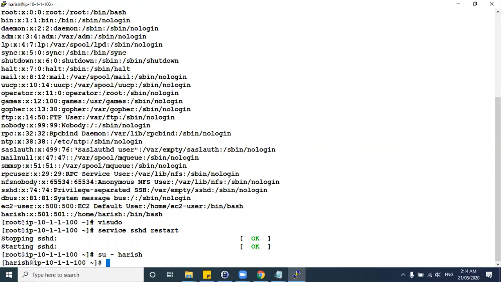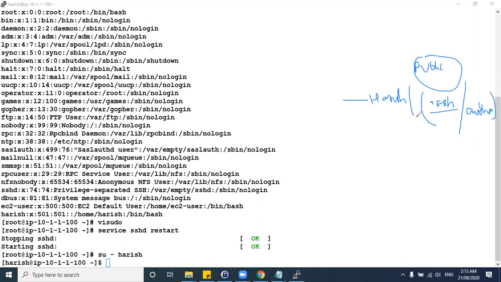Inside this Harish user, you need to do two things. One is you need to create a public key inside this EC2 machine. This public key should be inside the Harish folder. Inside this, you need to create .ssh. Dot means hidden folder, and inside the .ssh folder, authorized_keys. This is what AWS, I mean the EC2, will recognize. Your public key will be at this particular location. By default, the reference will be .ssh/authorized_keys.